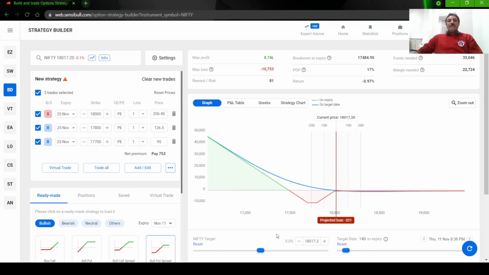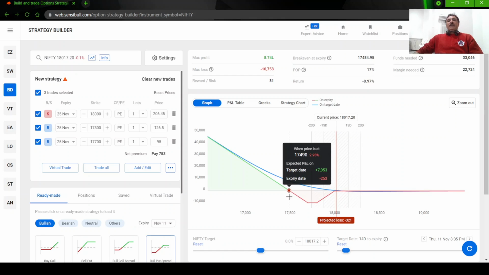Why I am telling after some point? There is a small pit here, so this pit needs to be crossed. So if the market goes down a little bit and then it consolidates there or it reverses, that time we will have a good amount of loss in this strategy. This small pit needs to be crossed.